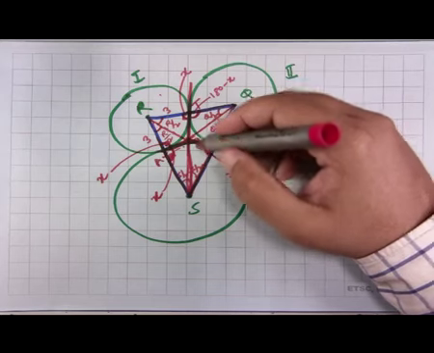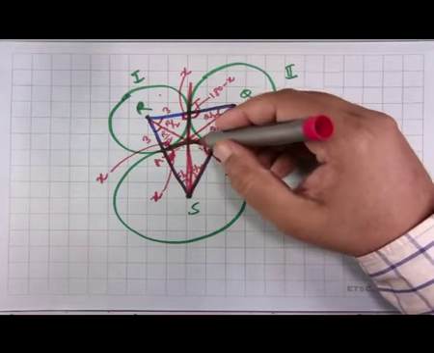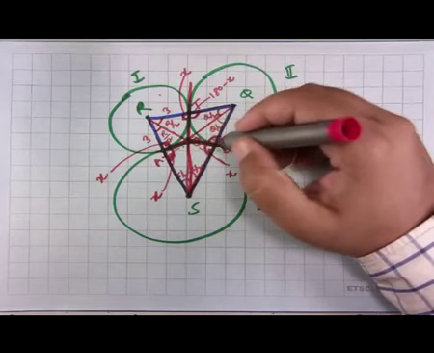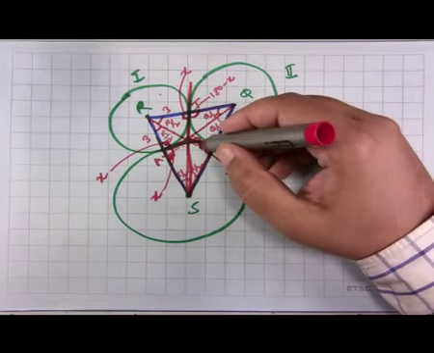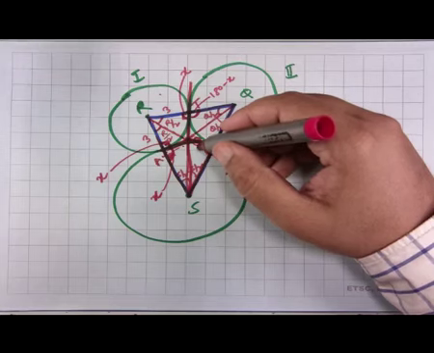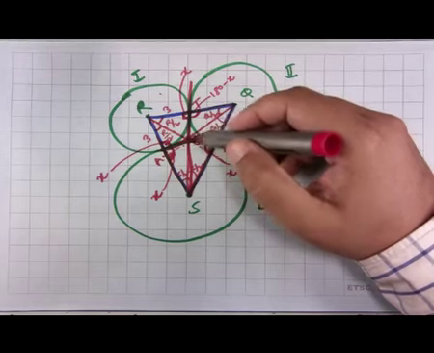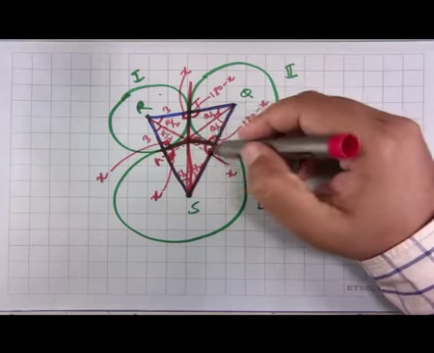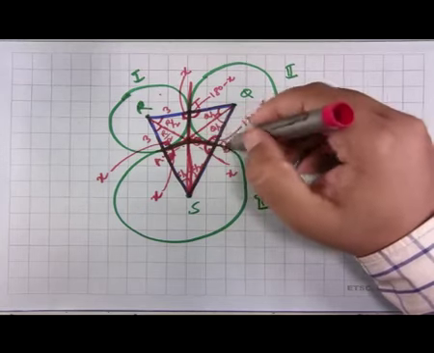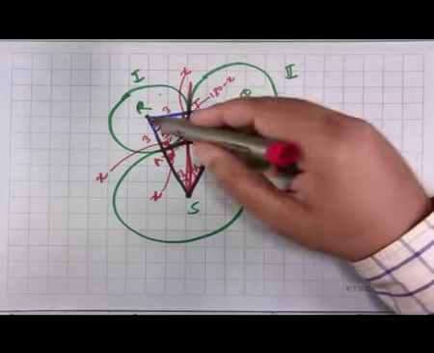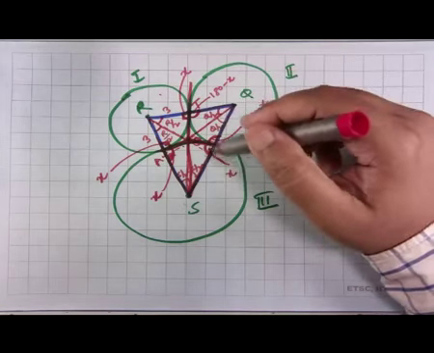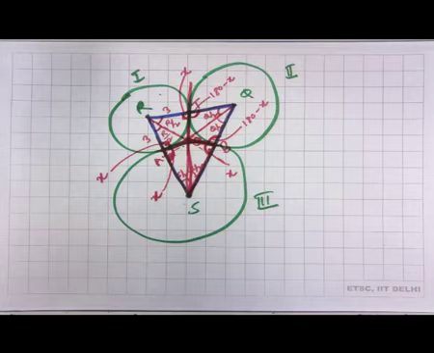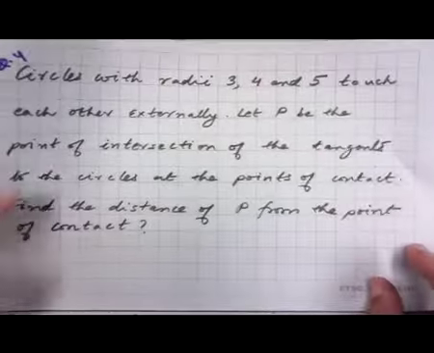In the question, this point O has been denoted by the point P. So the point P in the question is nothing but this point O, and we have now seen that the common intersection of these three tangents is nothing but the incenter of the triangle QRS. And now the problem, if we recollect, is asking us to find the distance of